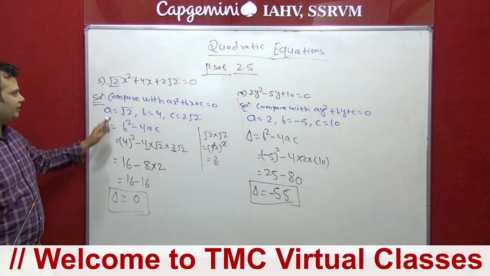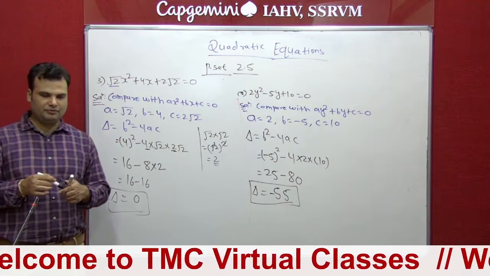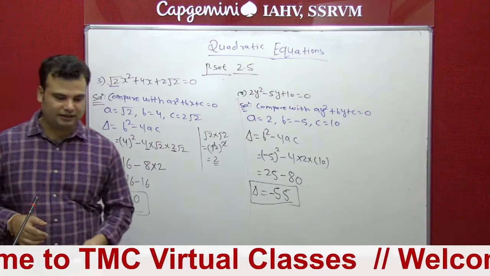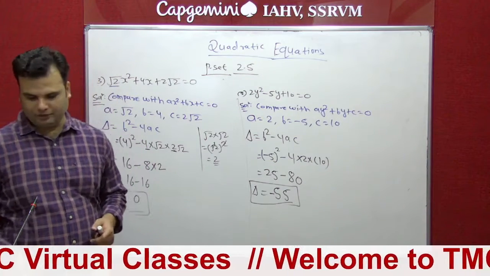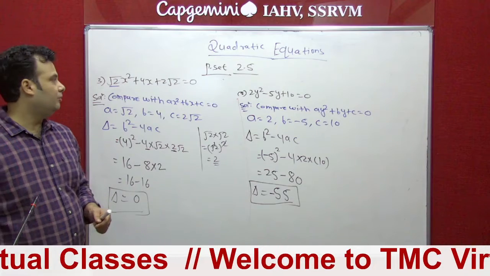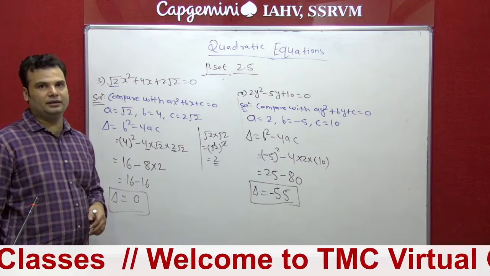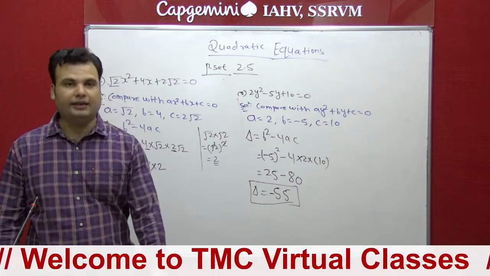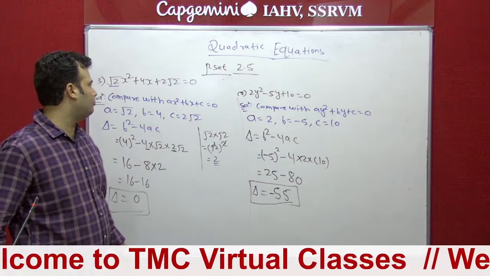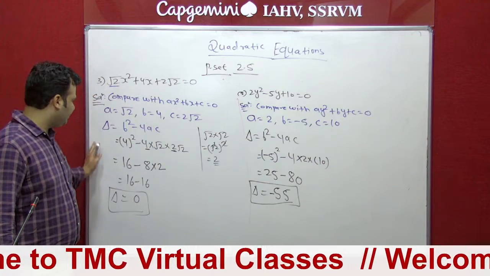So if you know the method, we can solve it the same way, and that is sum number 3 from practice set 2.5. This is also very simple. You have to just follow the steps, and you will get the answer. Now student, the next one is very important. In this part the method is the same. Again we have to find the value of the discriminant, everything is the same.